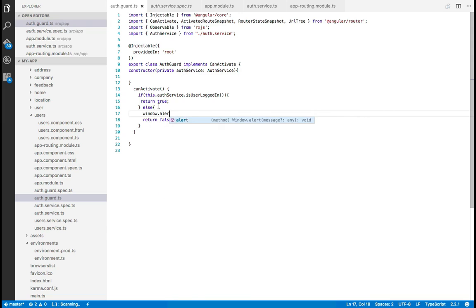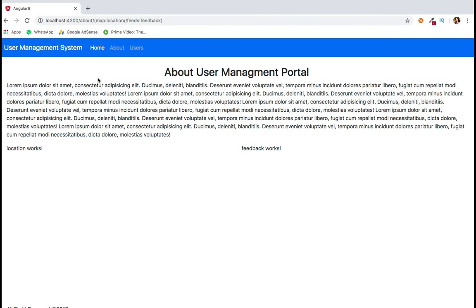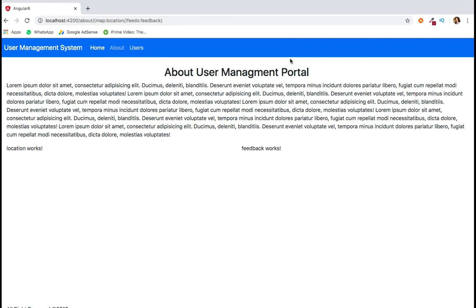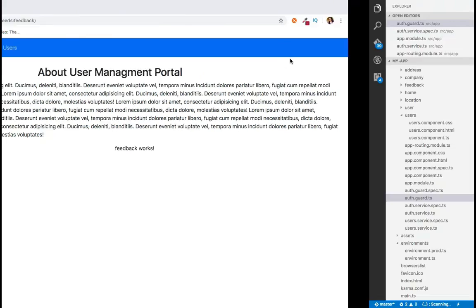So we can say window.alert and a message like permission denied for this page. You can customize your error screen as per your requirement. So now let's test it again. If the user tries to access this user's route, we will get an error like permission denied for this page, so that the user can know, okay, you are not authenticated for this page.